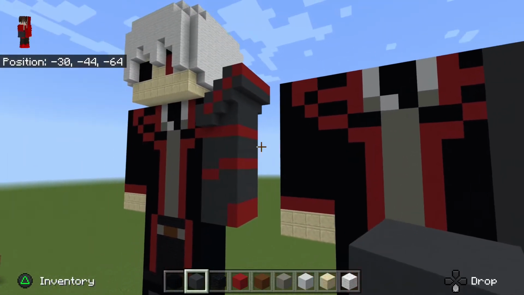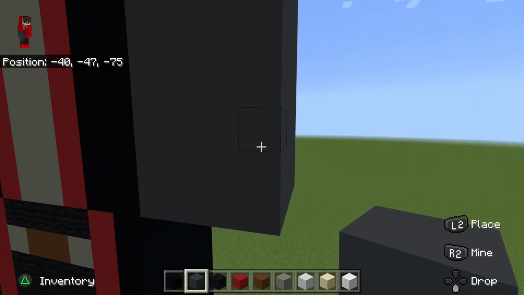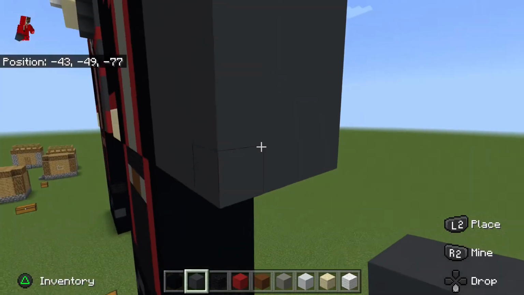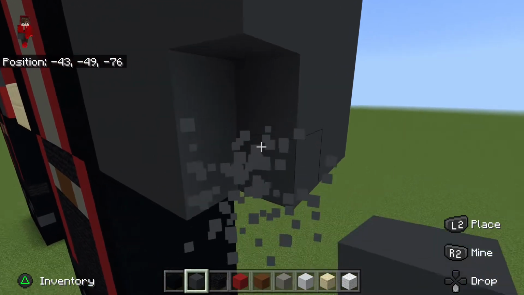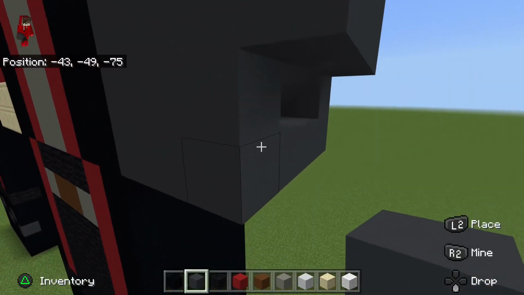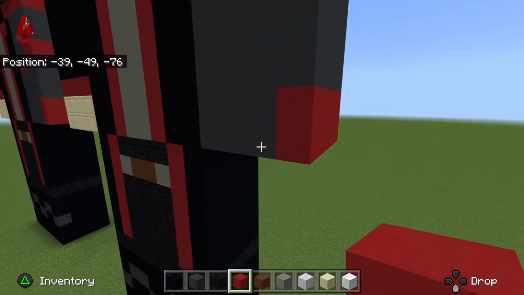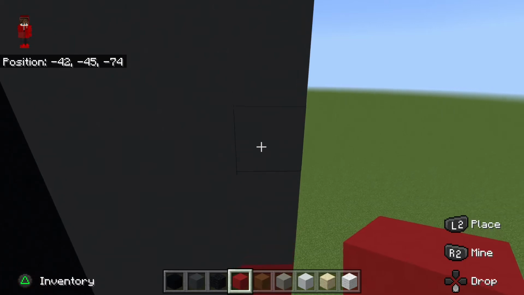Now, starting at the bottom of the arm, the first 2 layers, for the actual left side of the arm, you want to replace it with red. Then 3 up,